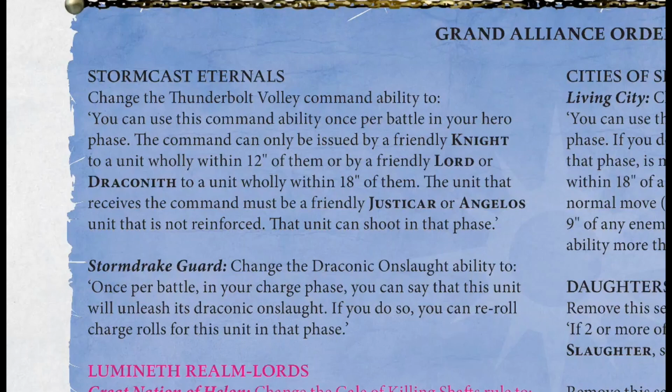There is only one particular thing that you have to remember, and the text is the same. So you can use this command ability once per battle in your hero phase. The command can only be used by a friendly Knight to a unit wholly within 12 inches of them, or by a friendly Lord or Draconic to a unit wholly within 18 inches of them. The unit that receives the command must be a friendly Justicar or Angelos,